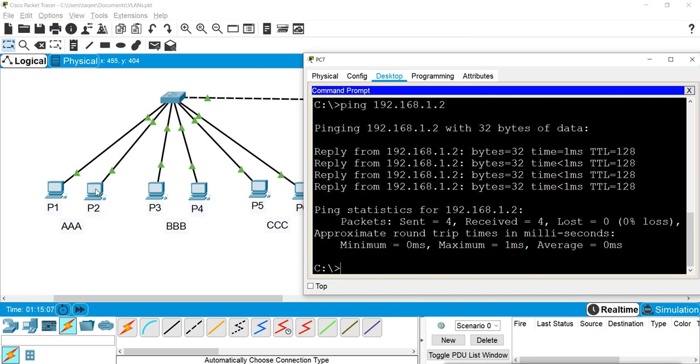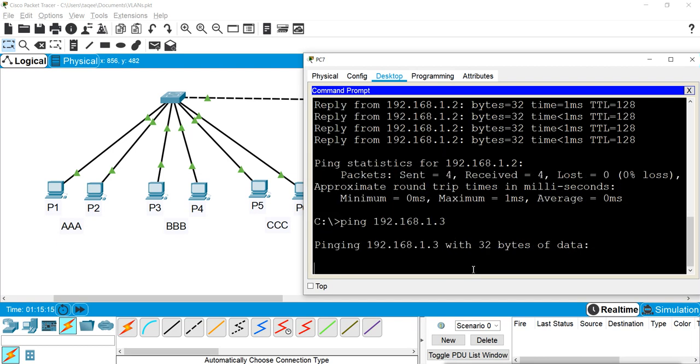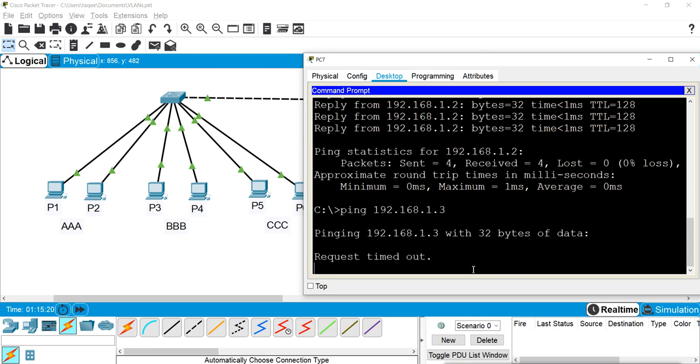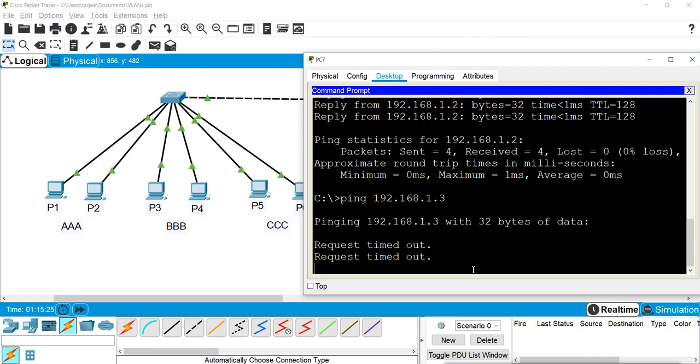But if I try to get a reply from the machines in other VLANs, like for example 3, it is not getting the reply because it belongs to a different VLAN. It is not sending any reply.